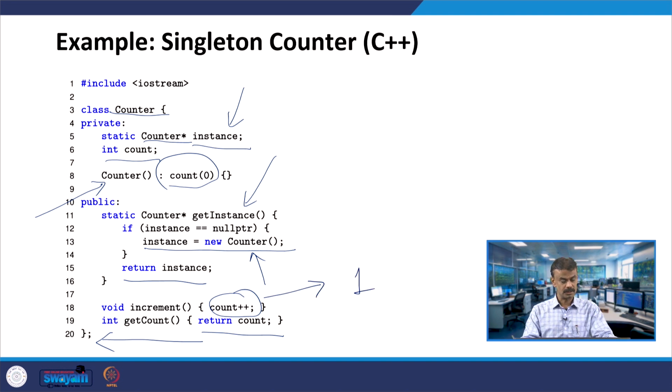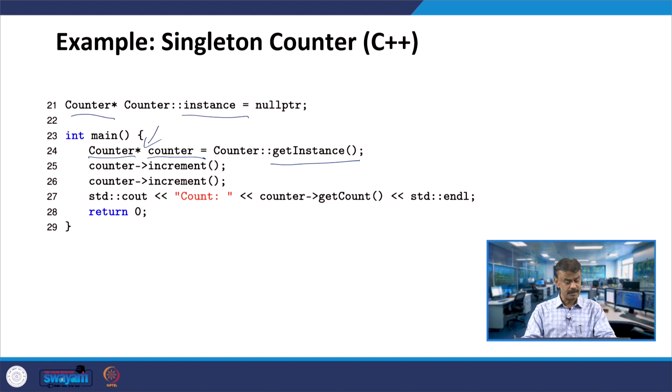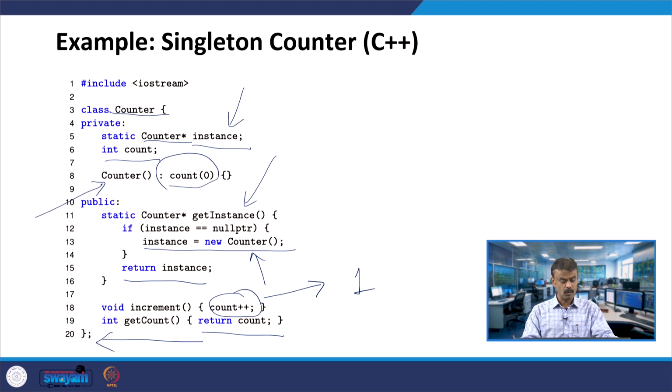Similarly, the counter is again invoking increment, line number 18, again count plus plus. Count is the private member data of the class Counter, so 1 plus 1 will now be 2.